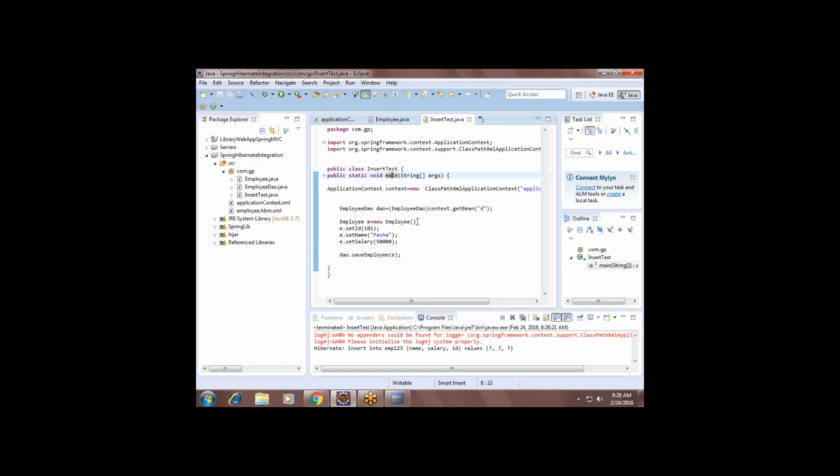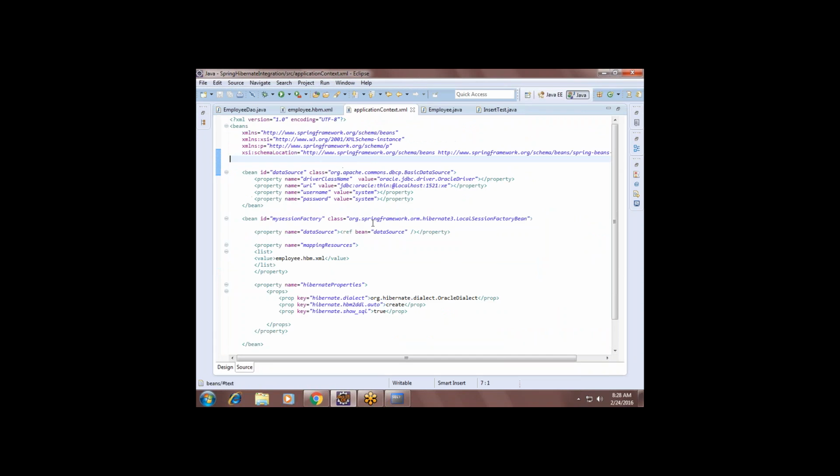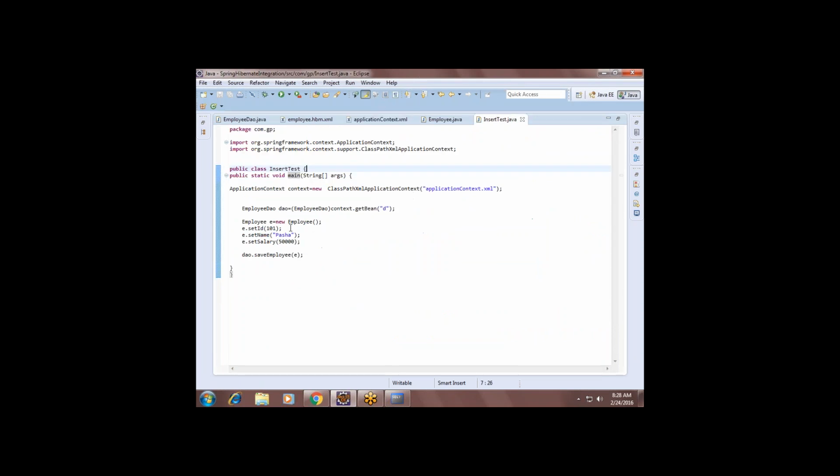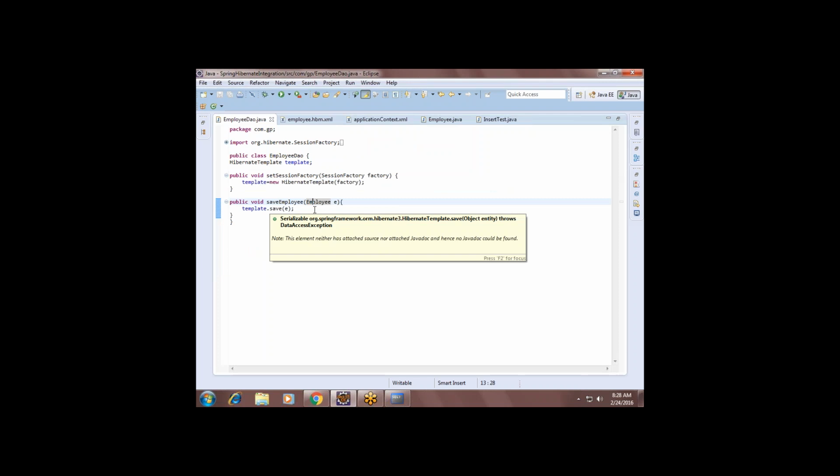So this way you have to handle it. You have to practice a lot to understand these kinds of problems. Is it clear? So what is exactly happening? Let us see now. In this application, we are asking Spring to create all the objects. Inside our DAO class, we need Hibernate to save the data.